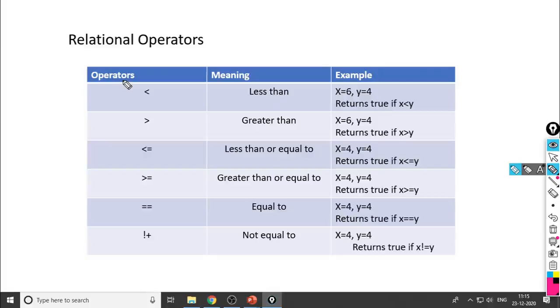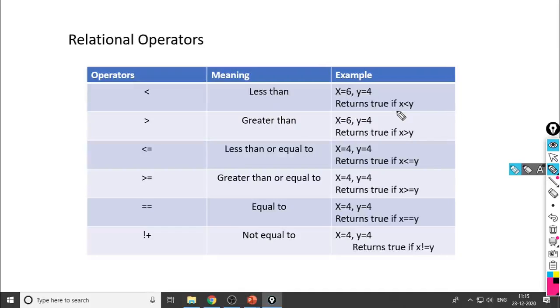What are the operators within relational operators? First one, less than. Okay, suppose the values are x is equal to 6 and y is equal to 4, and we want to check whether x is less than y. X is 6, y is 4. So it returns either true or false. Look here. Every relational operator returns a Boolean value.